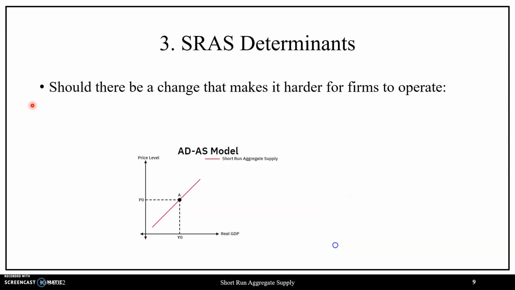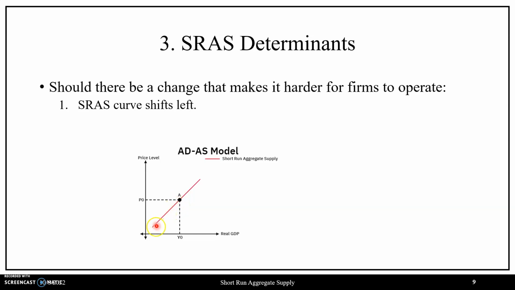Now proceeding on to the opposite case, if firms perceive inflation to increase in the future, well, if they expect inflation to increase in the future, that means they expect the price level to increase as well, where with higher prices, this translates to greater profitability. Since firms have a want of profits, they'd want to take advantage of that by restricting their supply today. So what this means in terms of our short-run aggregate supply curve is that we'll see a leftward shift,